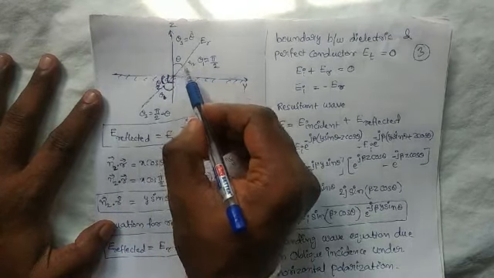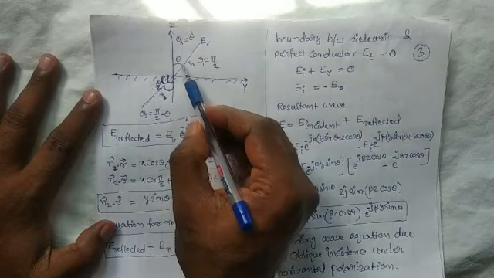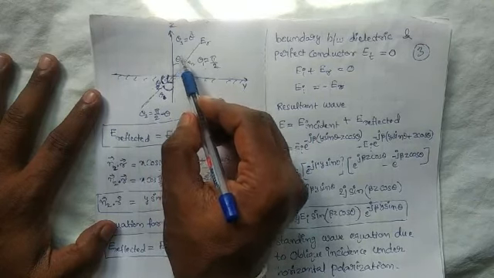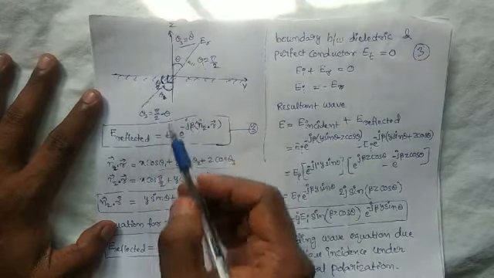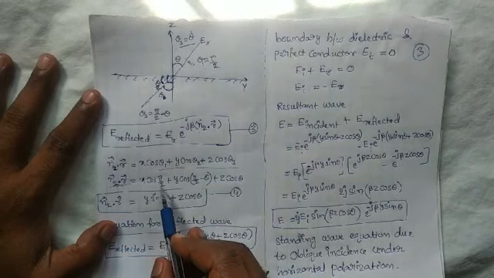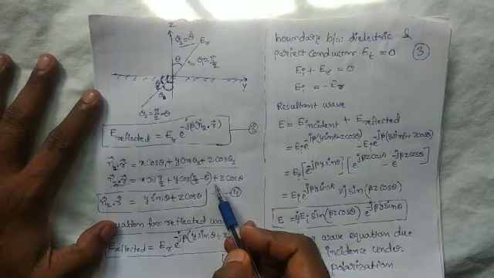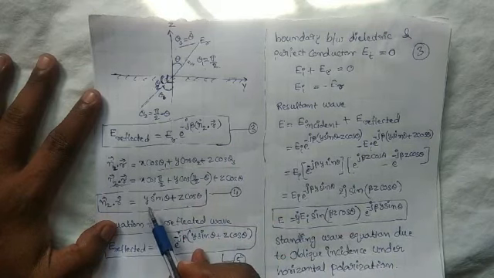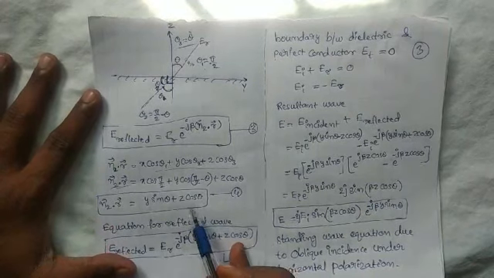Actually, theta 1 is pi by 2. Theta 2 is pi by 2 minus theta. What is theta 3? Here the reflected wave with the z axis is theta. Theta 3 is equal to theta. Here we are substituting, now we are determining n2 dot r. Here n2 dot r is equal to x cos pi by 2 plus y cos theta 2, pi by 2 minus theta, plus z cos theta 3. Theta 3 is theta. Here n2 dot r is equal to y sin theta plus z cos theta. I am taking this as equation 4.